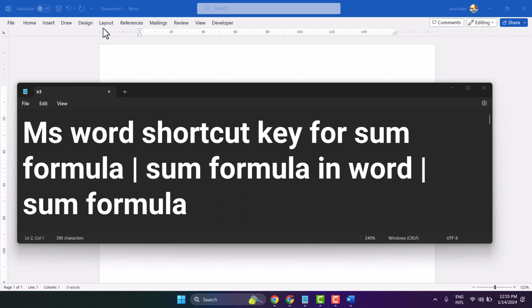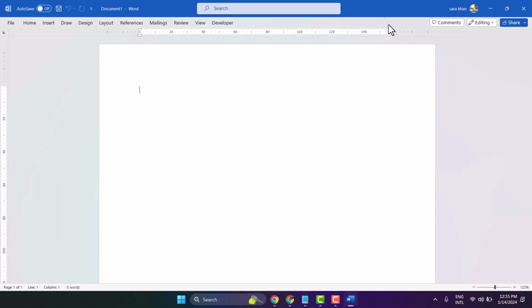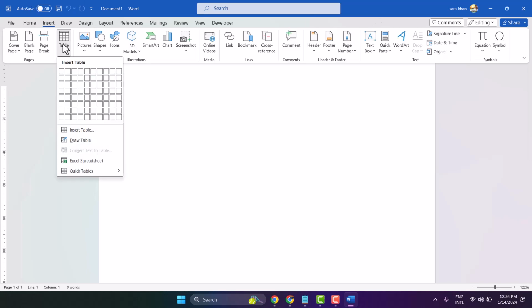Hello friends, in this video I will show you how to create and how to know shortcut key for some formula in Microsoft Word. So insert and table,